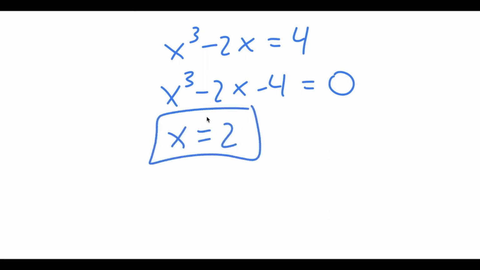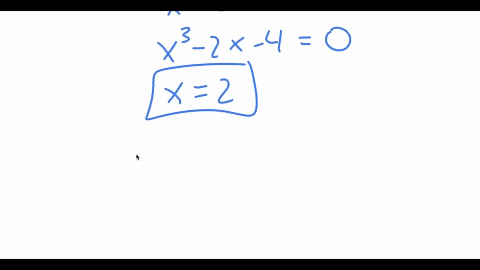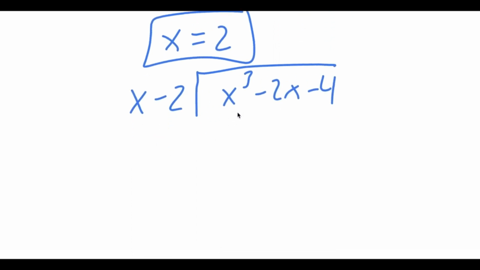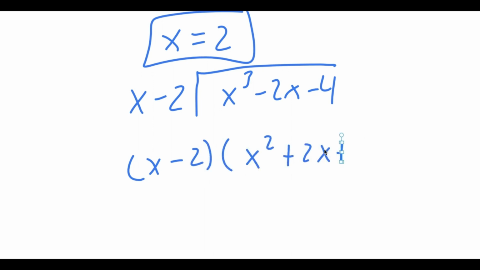And now using the solution, we can find the rest of the solutions by doing long division. x minus 2 equals 0 is a solution, meaning we have to divide our original equation by it. So we have x to the power of 3 minus 2x minus 4 divided by x minus 2. And if you do this, you end up getting x minus 2 times x squared plus 2x plus 2